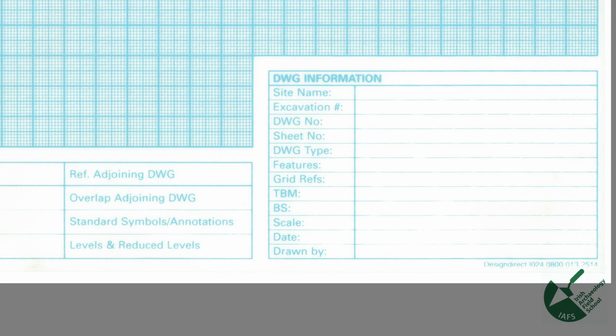expected to put in? So you're expected to put in the site name. Officially, this site that we're on today is called Newtown, also known as Carrick, so you'd put in the name. You'd be asked to put in the permit number or the excavation number that's given out by the legislative authority or the state. So 17E0318 is the number for Carrick, which we've discussed in a previous video, so I hope